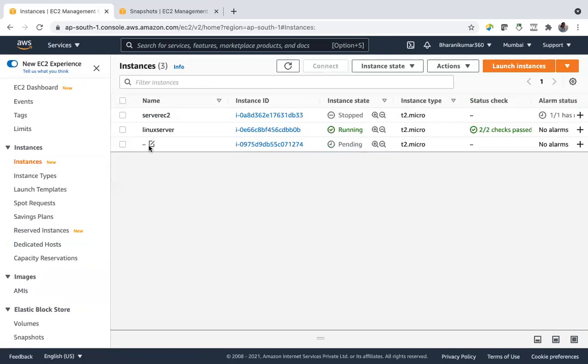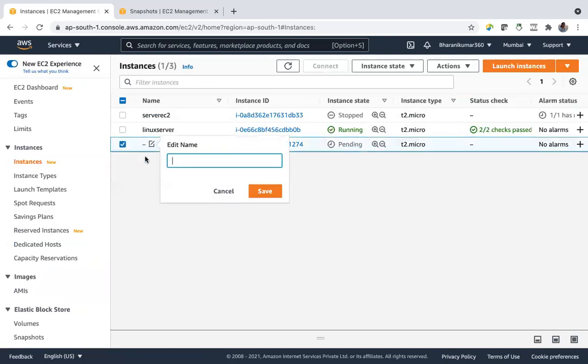So this instance, whatever is there in this Linux server instance, the volumes, the installations, data, everything that will be there in this instance, which I have created using AMI, Linux server AMI.